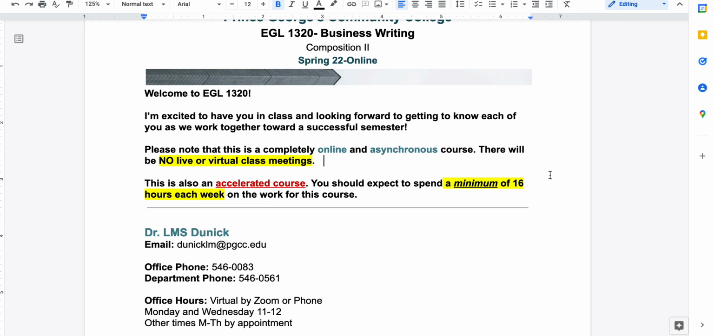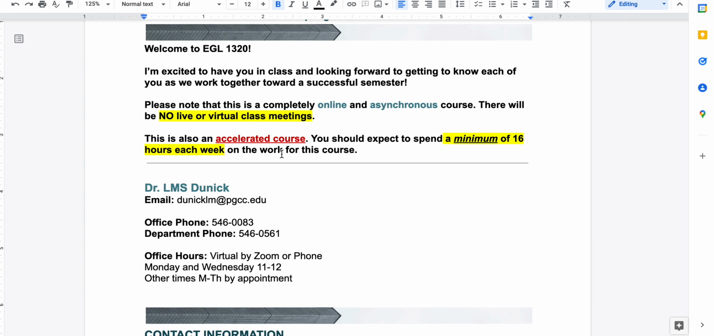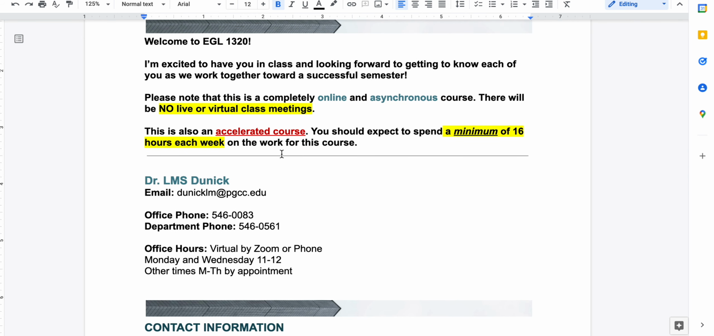most convenient for you. This is also an accelerated course, which means that we are doing 15 weeks worth of work in 7 weeks. The way that breaks down is you should expect to spend probably around 16 hours each week on the work for this course. There's some more information about that in the class announcements and in the class information, but if you have questions or concerns about the workload of this course, it's really important that you reach out to me before class gets